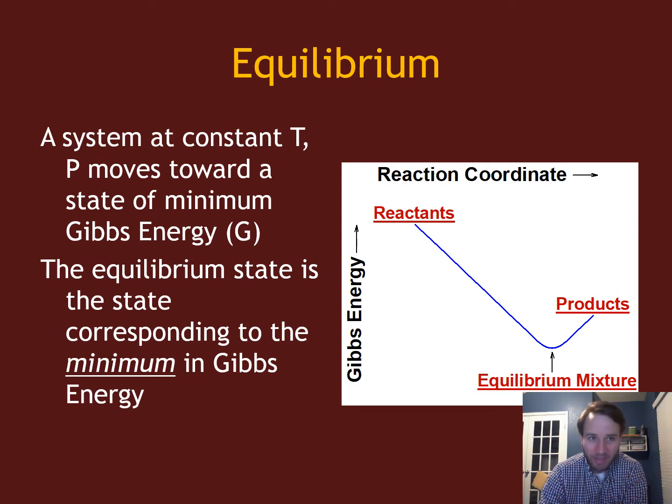Now, for some chemical reactions, the equilibrium is so far onto one side of the reaction that we don't really consider it an equilibrium reaction. But every reaction technically is an equilibrium reaction. Every reaction will reach some type of equilibrium. But again, you can have reactions that so much favor the products that you never really think of it as